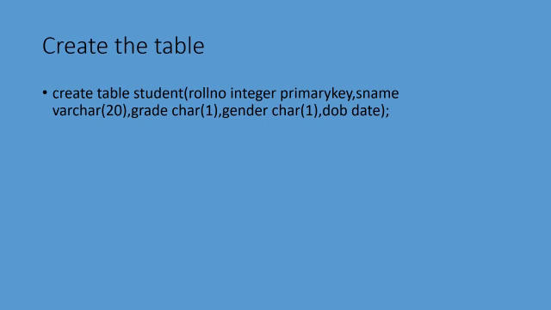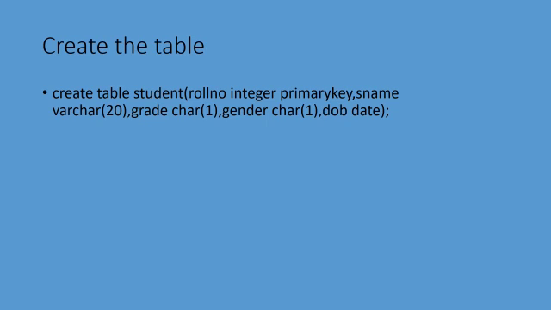Next, how to create the table. What we studied in SQL, the same command you can use here in SQLite also. For creating the table, you give CREATE TABLE student, where student is the name of the table, and within brackets, field name, space, data type. roll number is a field name, space, data type, primary key. Sorry, integer. This integer is a data type that I set as a primary key. roll number integer primary key, and student name I can give as varchar of 20. 20 characters you can give.